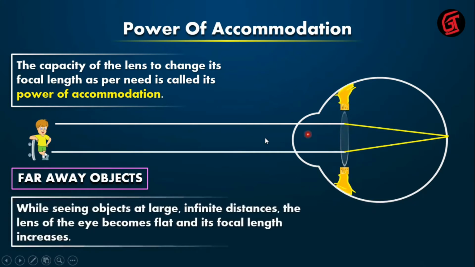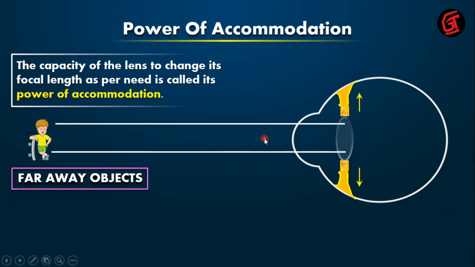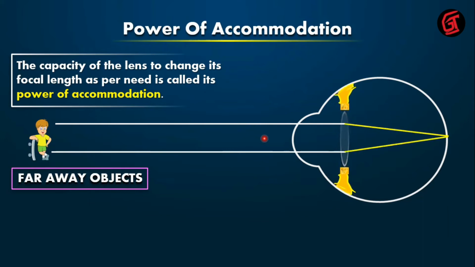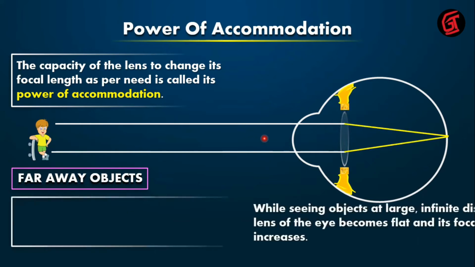Image obviously has to be formed on the retina. So what happened actually? The image is coming on the pupil, but it is not forming on the retina. So what do we do? A certain contraction. These contractions do not happen in the eye. This happens in your lens. That is your specs. What you are putting.